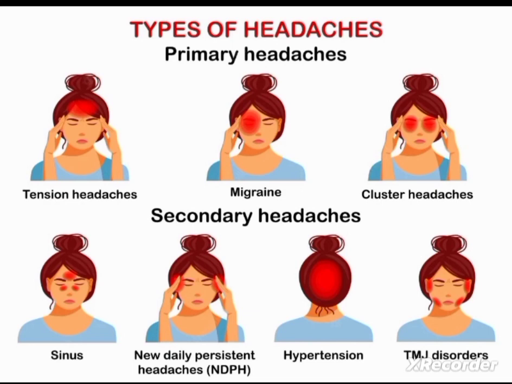So in migraine headache, unilateral or bilateral throbbing pain will be experienced by the patient, and mostly there will be a triggering factor or precipitating factor for migraine, and family history is an important influence in migraine headache. Mostly females are affected more than males. And regarding the clinical manifestations of migraine headache,